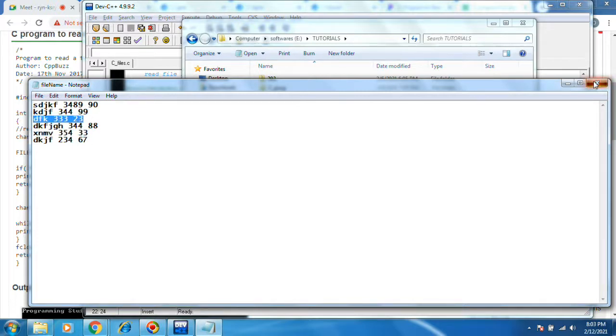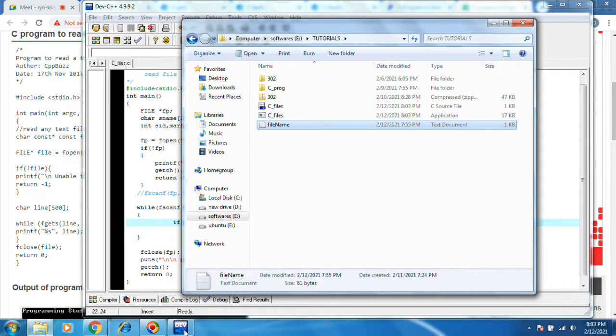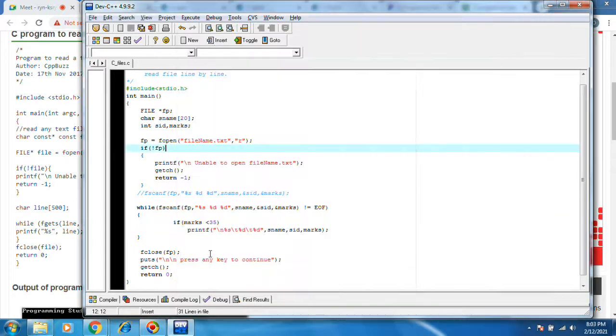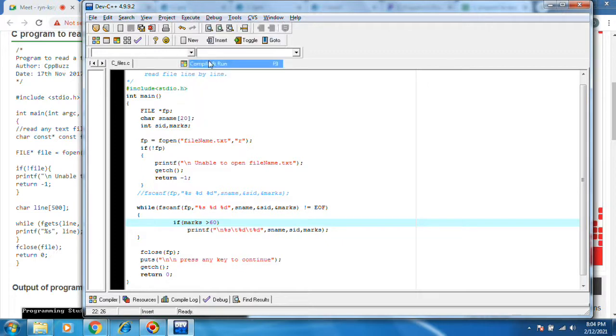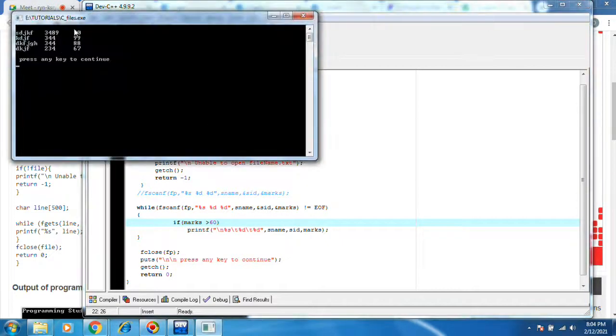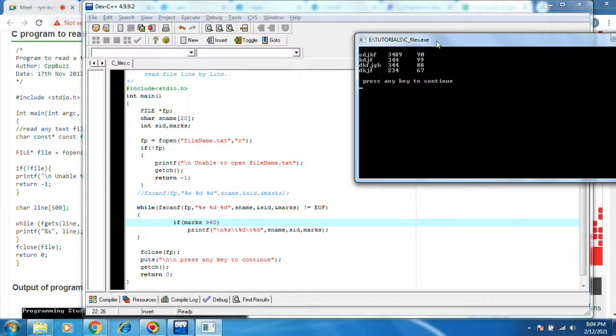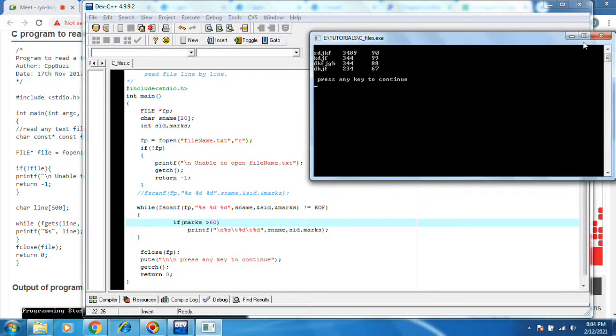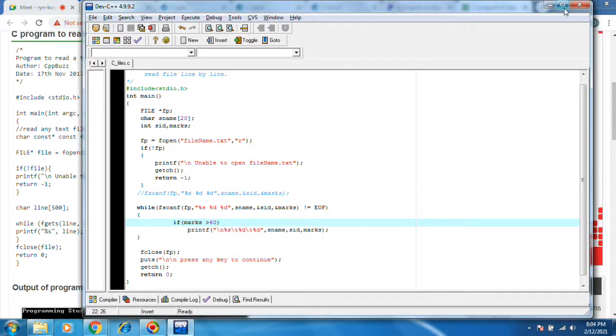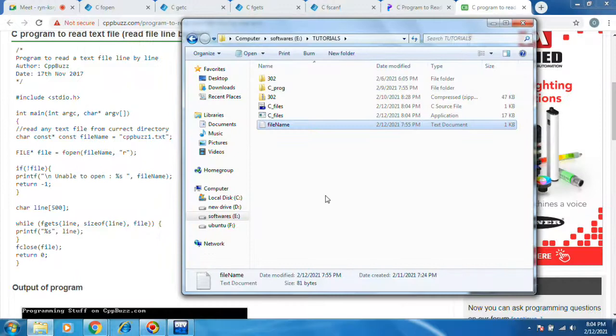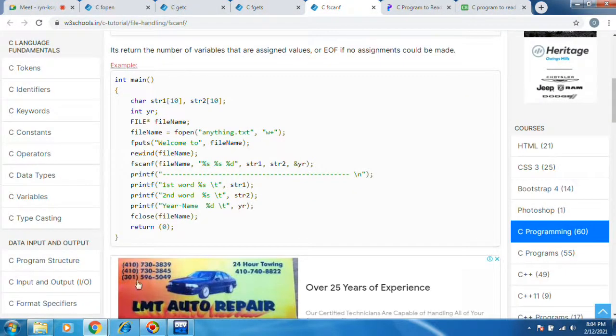Okay, I want to print those who got first class, something greater than 60. Those who scored more than 60 we may call first class. First class students will be listed here now. Execute, compile and run. You see, all scores greater than 60 get printed. Yeah, this is how file handling works. We have done enough examples for reading a file. Tomorrow we'll see with the different